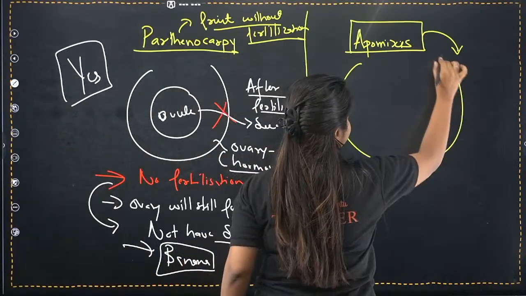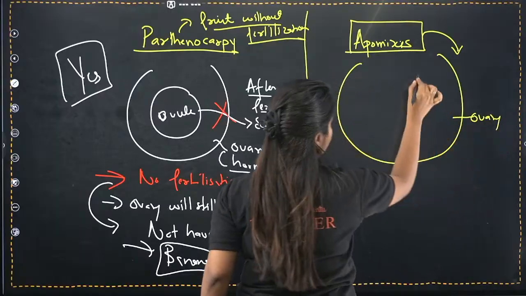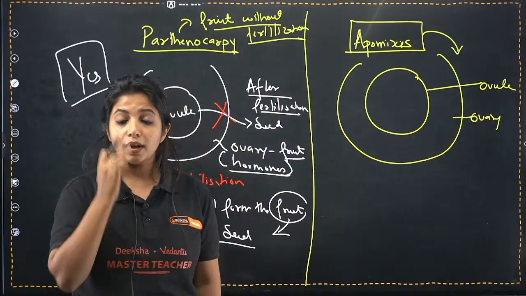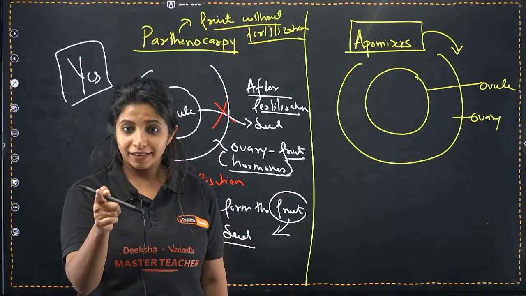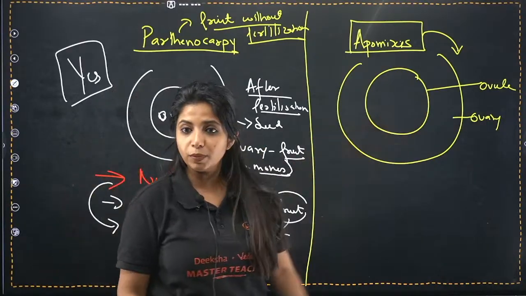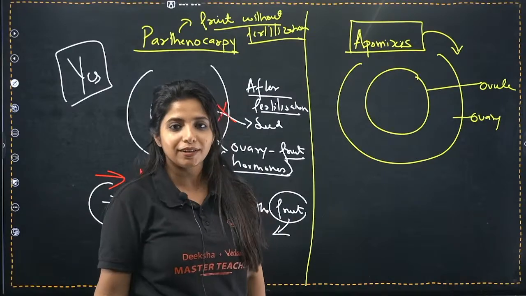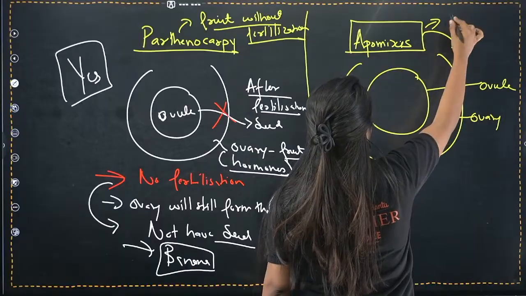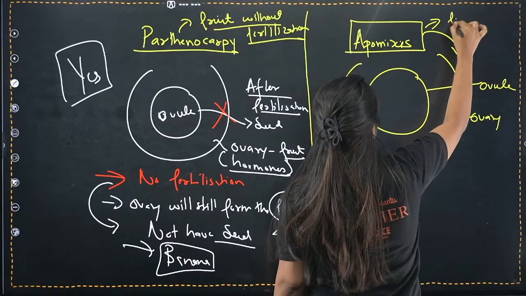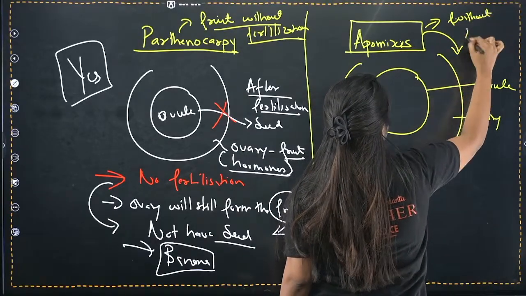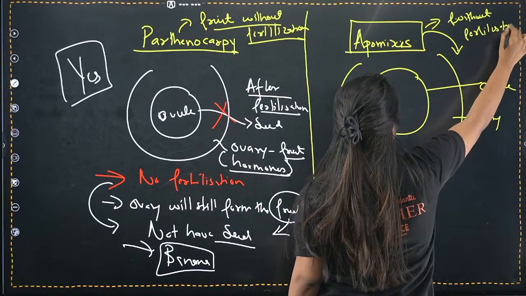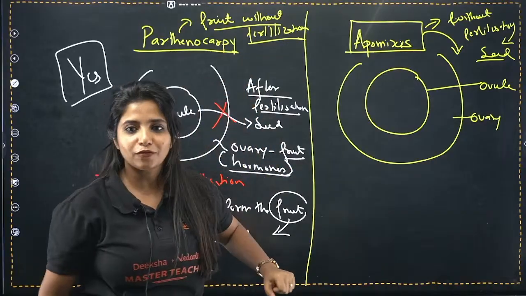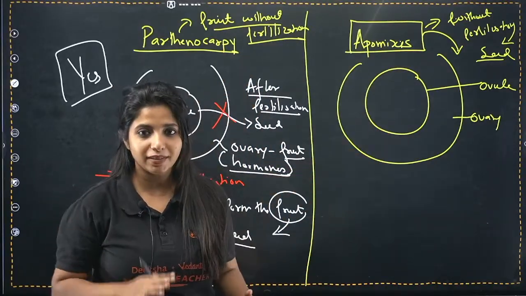You have the ovary and you have the ovule. Fertilization should happen, right? Fertilization should happen for this ovule to become seed, but here things are going to be different. You do not need fertilization for seed to form. So I'll say that basically over here, without fertilization, seed is being formed. Here, without fertilization, what was happening? Fruit was being formed. How can that be even possible, ma'am? That might be your question.